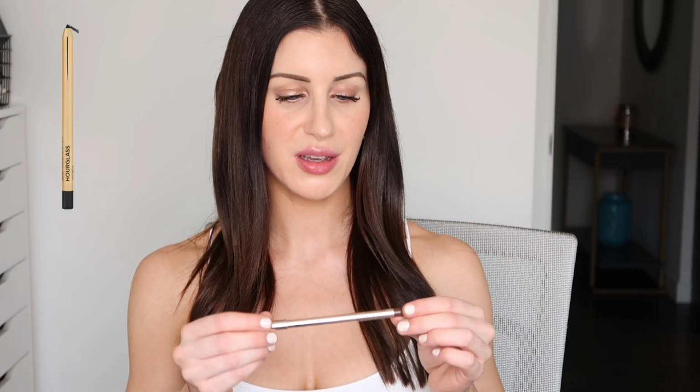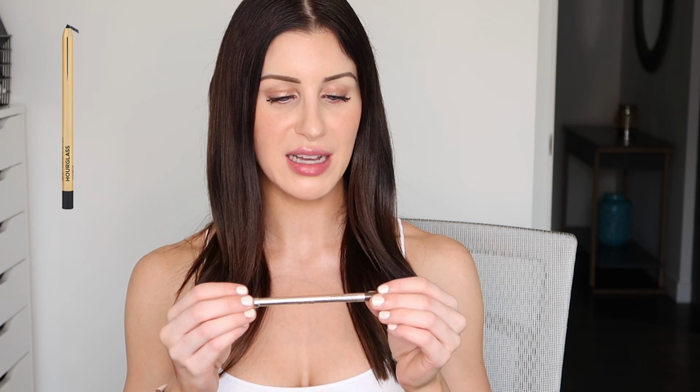And then for eyeliner, when I'm looking for that natural look, where I just want to enhance my natural beauty, the eyeliner I reach for is the Hourglass Voyeur Waterproof Gel Eyeliner. And I specifically use this just to tightline in the upper waterline. So I don't put it in my lower waterline, just the upper waterline, and I don't also put it on the lash line. This is just what I use to tightline,